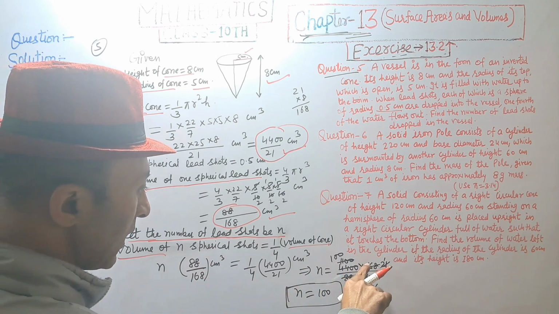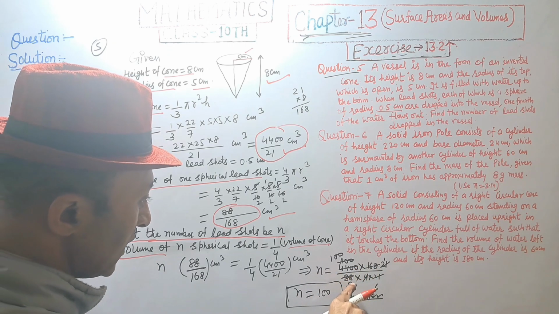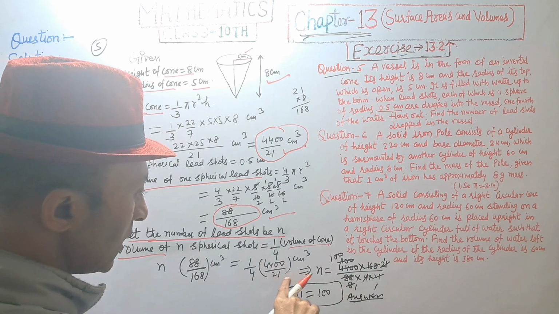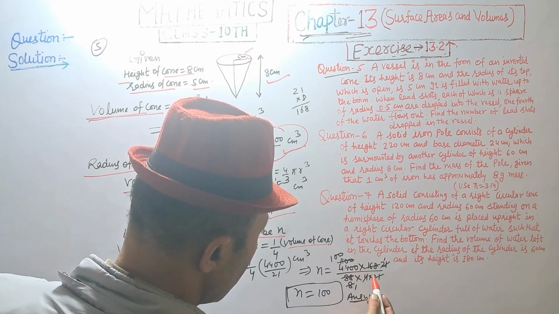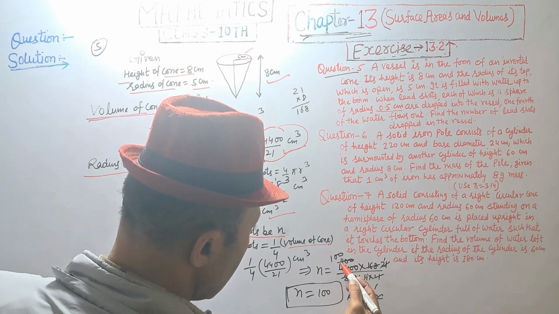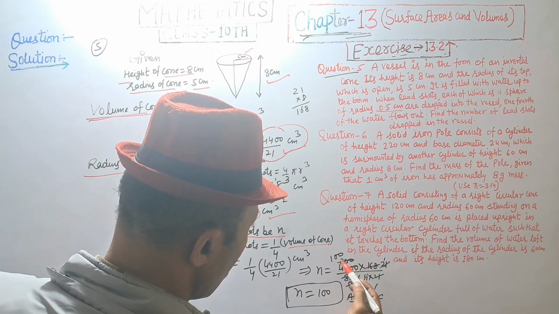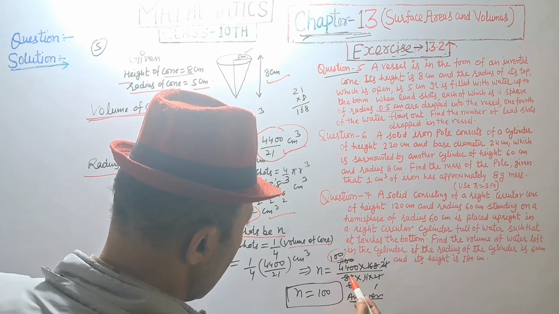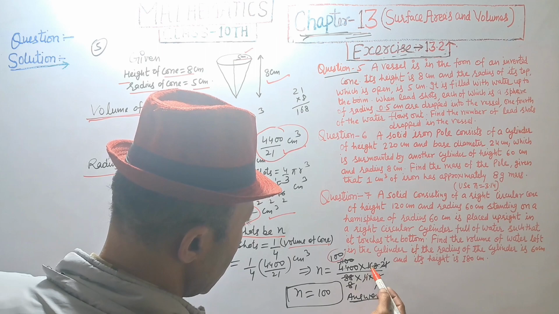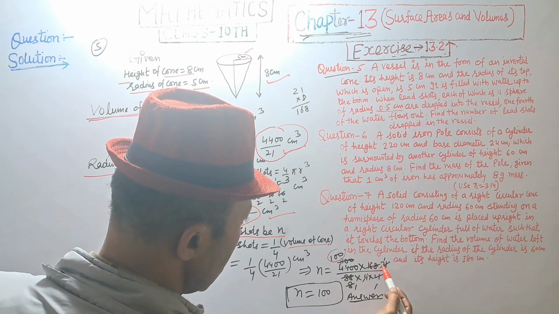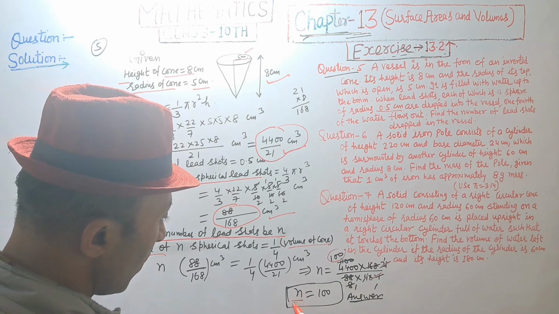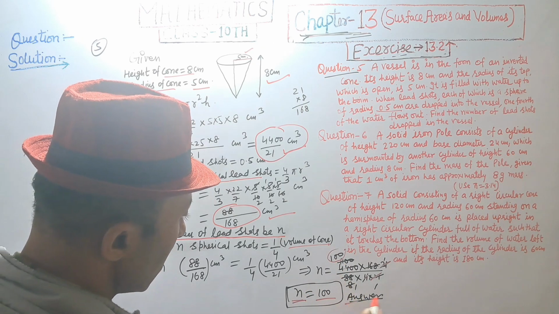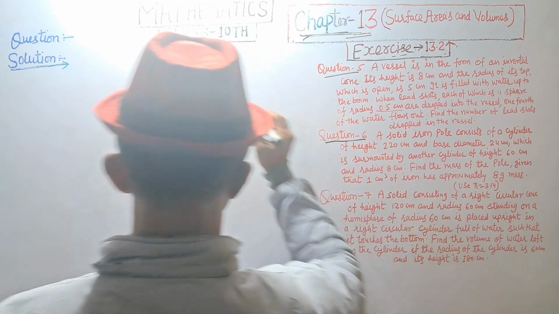168 multiplied by right side and divided by 88, 4 multiplied by 21, we get 4400, 4 1s are 4 and 11 4s are 44, that is 1100, and 11 1s are 11, that is 100, and 11 8s are 88, 8 1s are 8, 8 2s are 16 and 8 1s are 8, that is 21, 21 is cancelled. We get the value of n is equal to 100. Answer.